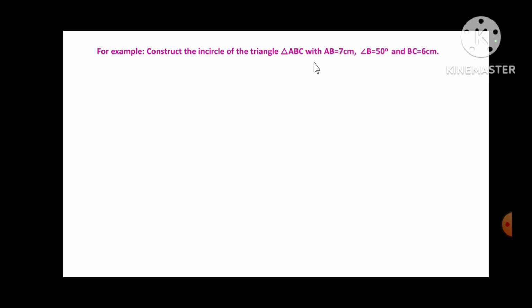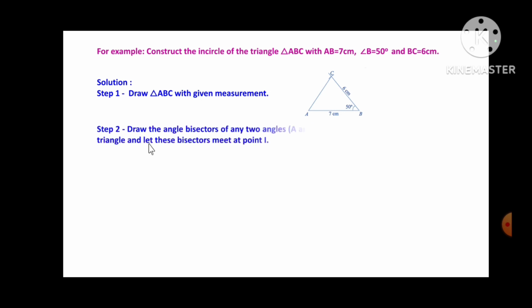Construct the incircle of triangle ABC with AB 7 cm, angle B 50 degrees and BC 6 cm. The steps we have to follow: first, draw triangle ABC with the given measurements, that is AB is 7 cm, angle B is 50 degrees and BC is 6 cm, which we already learned in previous standards. You can draw this triangle. The second step is to draw the angle bisectors of two angles, angle A and angle B, using a compass, and let these